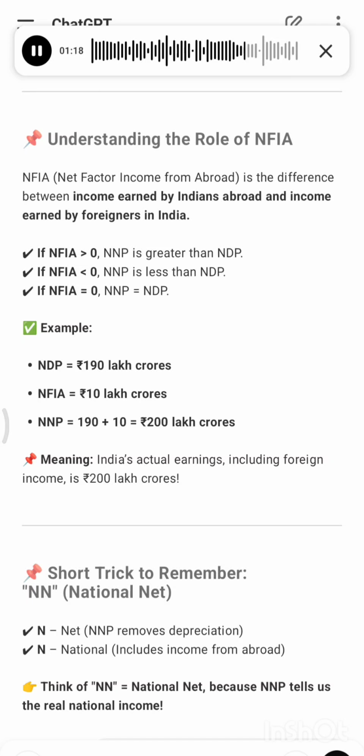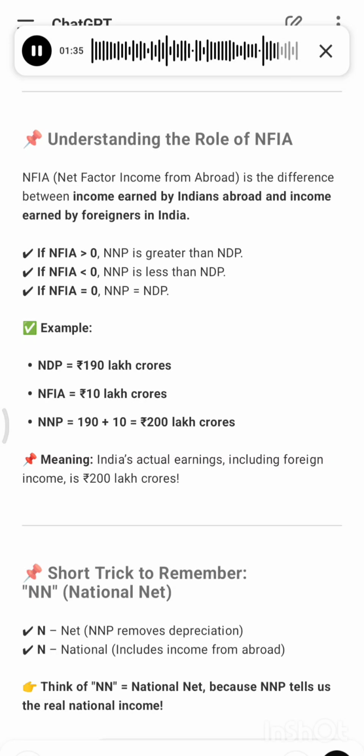Example: NDP equals 190 lakh crores, NFIA equals 10 lakh crores. NNP equals 190 plus 10 equals 200 lakh crores. Meaning, India's actual earnings, including foreign income, is 200 lakh crores. Short trick to remember: